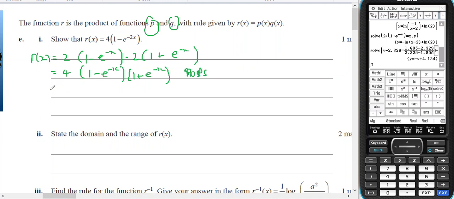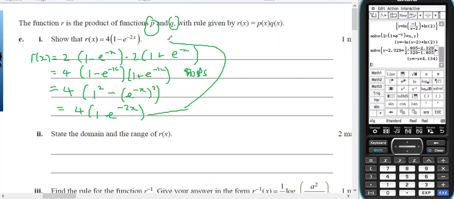Difference of perfect squares, I've got 4(1² - e^(-x)²), which is 4(1 - e^(-2x)), which is exactly what we're asked to show. State the domain of that. Okay, so